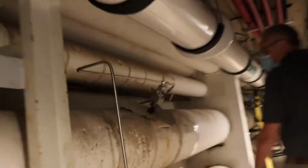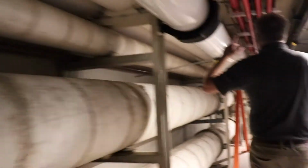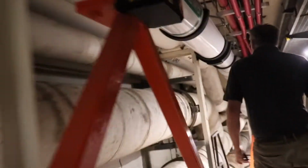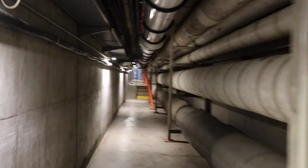Now let's take a closer look at how this water is distributed across campus. Brock has a tunnel system that not only provides hot and cold water to the buildings, but it also has electrical feeds, which you can see over our heads as we're walking through. This tunnel system spans over 2 kilometers, and its functionality, as described by one of my supervisors, Mary Quintana, is